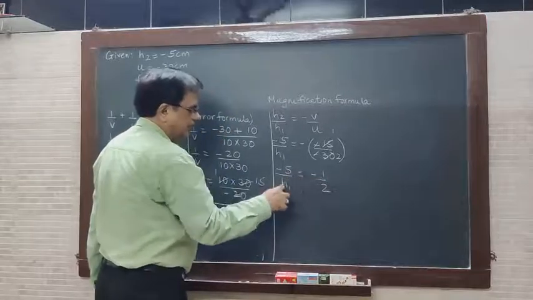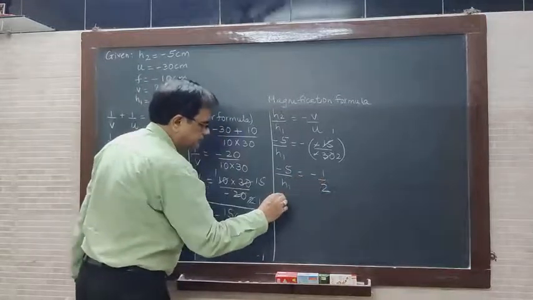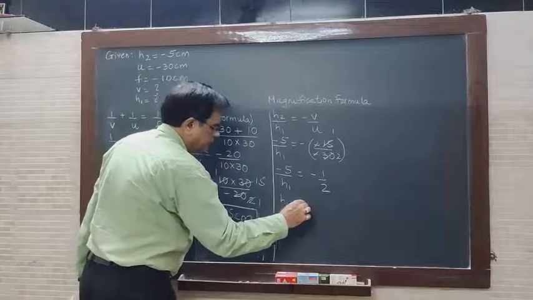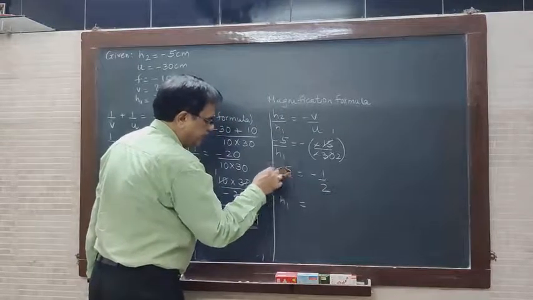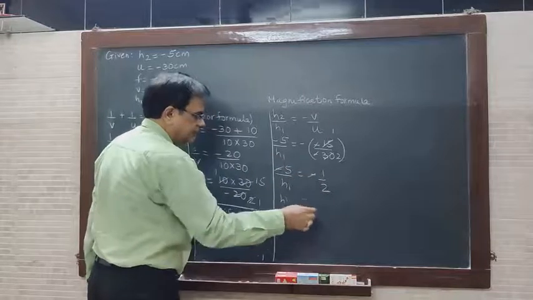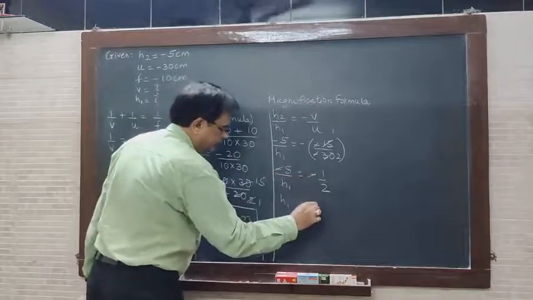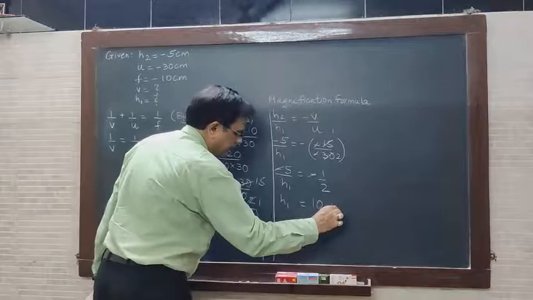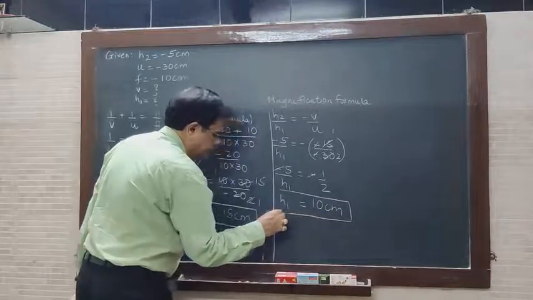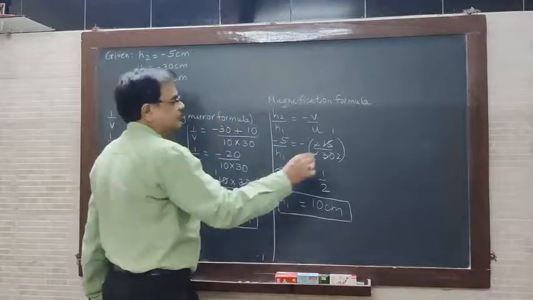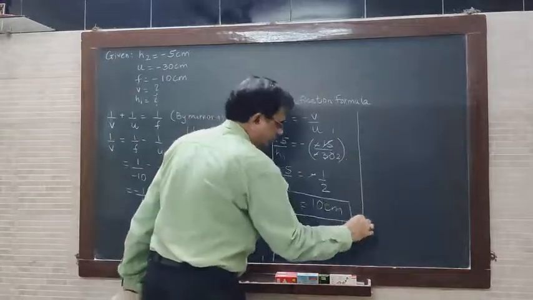Now cross multiply. So H1 into 1, H1 is equal to 2 into minus 5. This minus sign and minus sign get cancelled. So 2 into 5, 10 centimeters. So the height of the object is 10 centimeters. So my final answer will be,